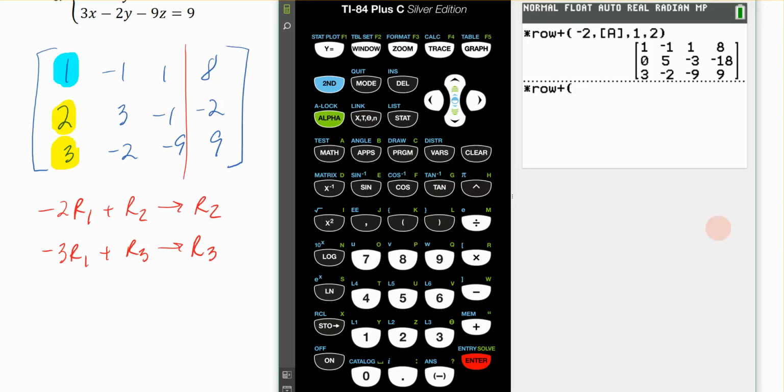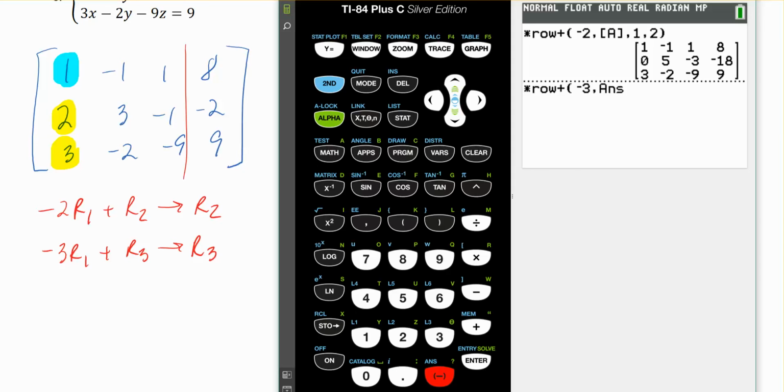So I'm going to multiply negative 3. Only this time, what matrix am I doing that to? Well, I'm doing it to this matrix that you see up here. So I'm going to do second, and then its answer, or this negative sign at the bottom. So it's telling the calculator, go pull the answer that you see above, your previous answer, and perform this